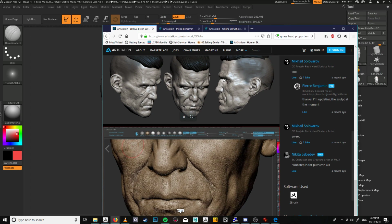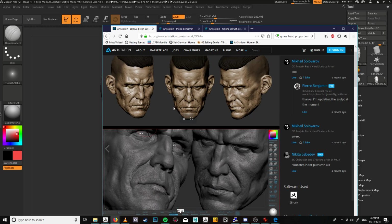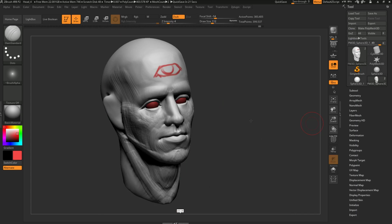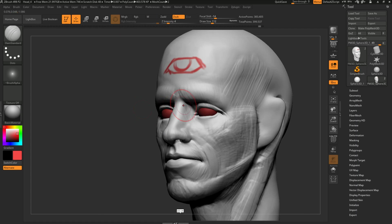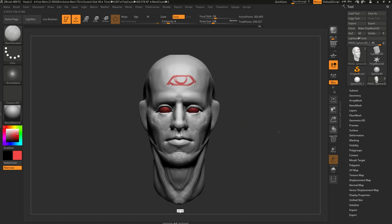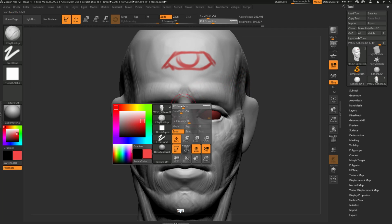So if we just look here, this is where he got this very distinct line. Part of that is also how the eyebrows are being furrowed down. But still, it's a very stark transition, right? If we wanted to rely on those averages again, I think the averages, if we're talking about basic head construction, usually is